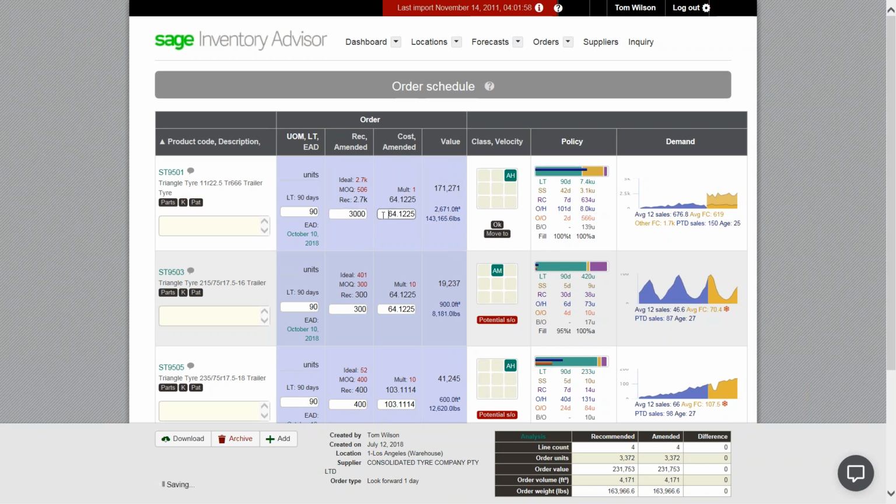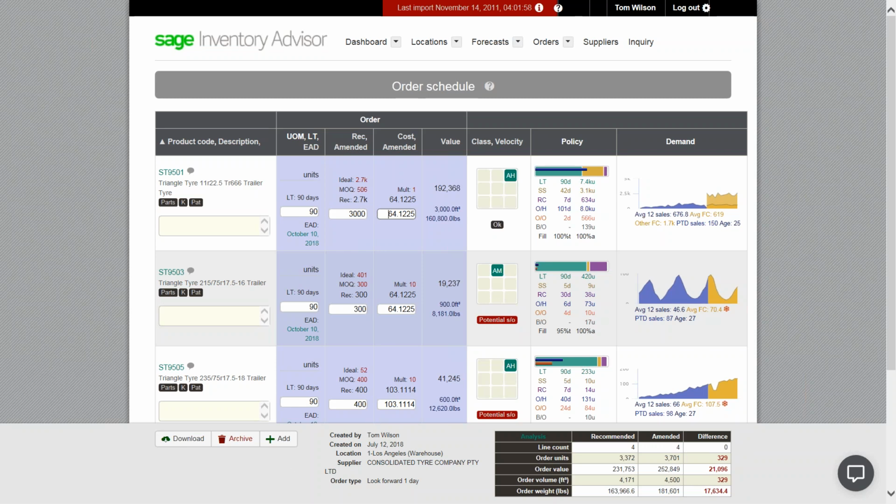So I'm going to change the recommendation and I'm going to tab out. And now I just added 329 units at a cost of $21,000. Here's the cubic feet in weight. And this is what the order would look like if I placed it now. And you can review each of the items that Inventory Advisor is recommending you order, drilling into detail if you need it, making adjustments if you want to,